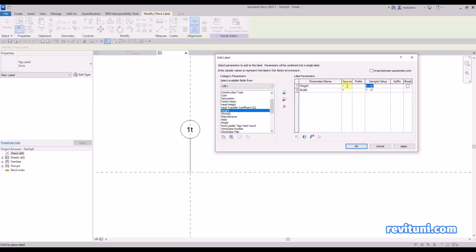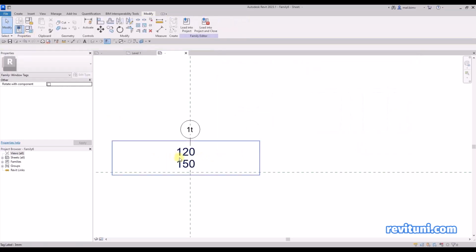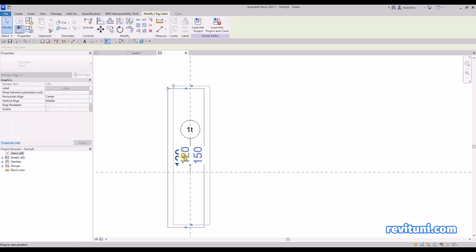Here I enter a sample value. I'm going to use centimeters, so for example I will enter a value of 120 by 150, and then if I want width to be in a new line, I select a break here. This is kind of an enter on the keyboard. I click OK and it's done. I now rotate 90 degrees,